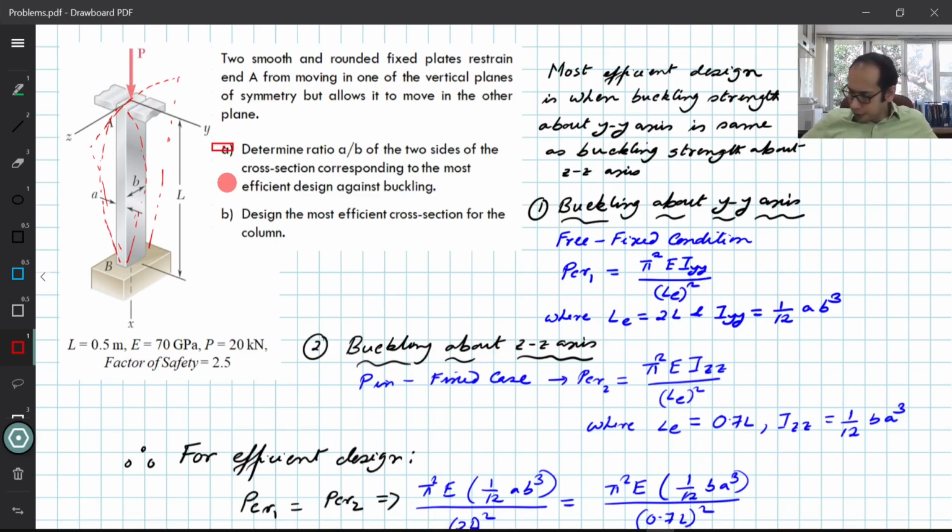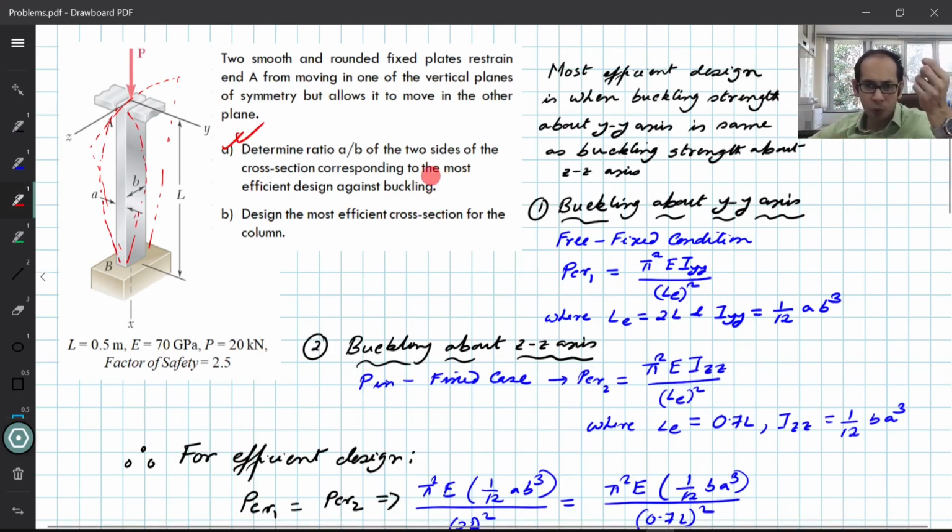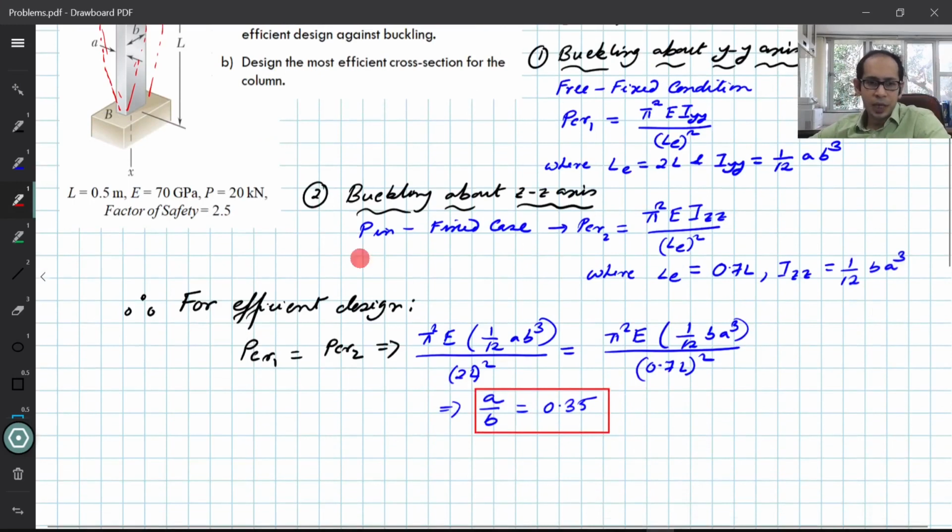And for the second part, what the problem essentially asks you is to find the design of the most efficient section. So now you have to work out the numbers for A and B, because something is given already over here. For part B, you're given that P equals 20 and the factor of safety is 2.5. So the maximum allowable load or the maximum buckling load is going to be 20 times 2.5. And then all you have to do is equate that to either this or this one over here. Why? Because this and this I have already equated to find the ratio of A to B. So if you put it here or here, you will get the values of A and B as the same thing.